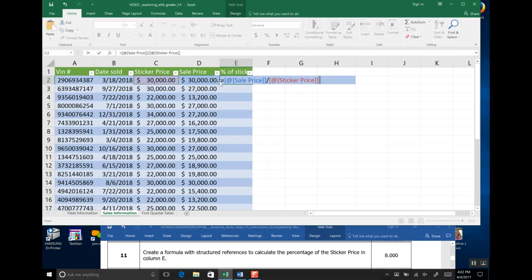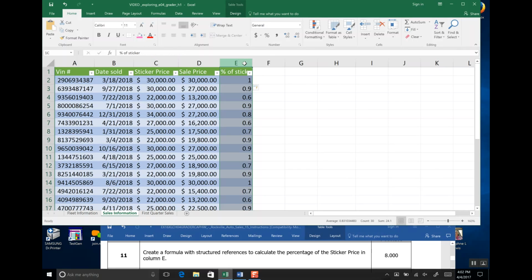So I clicked equals cell D2 and I clicked it. I didn't type it. Then it brought the field name up of sale price. I hit divided by, and then cell C2, which stands for the field name sticker price. This will give me a percent value of the final sale. I hit enter and the value goes all the way down our column. I want to go ahead and center this for you, but you are not asked to do that in the